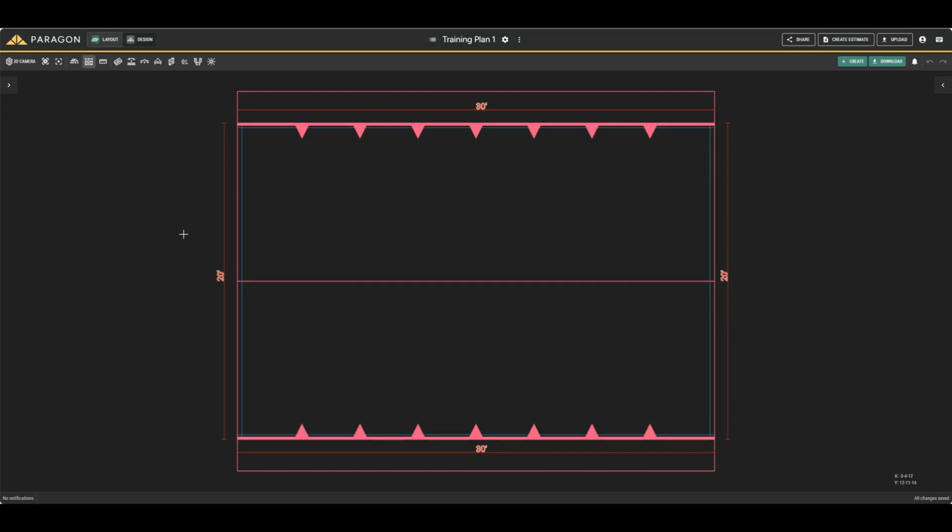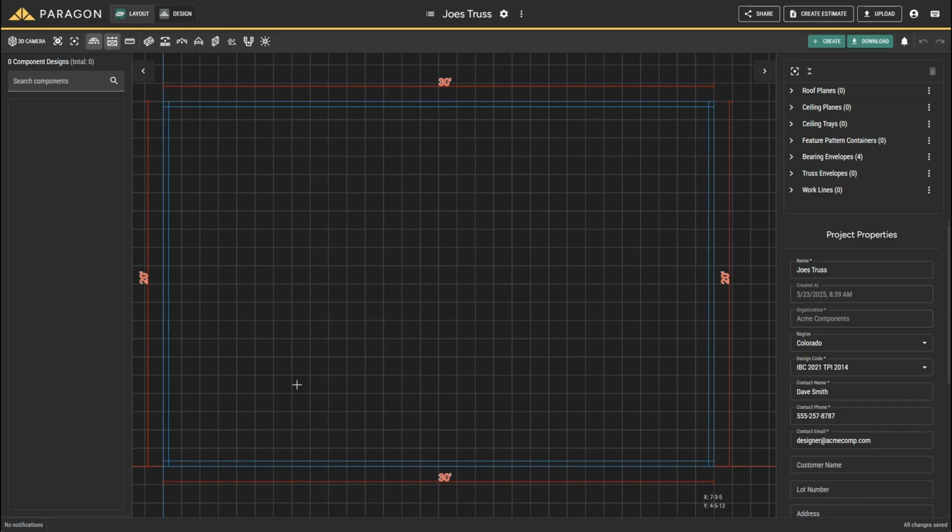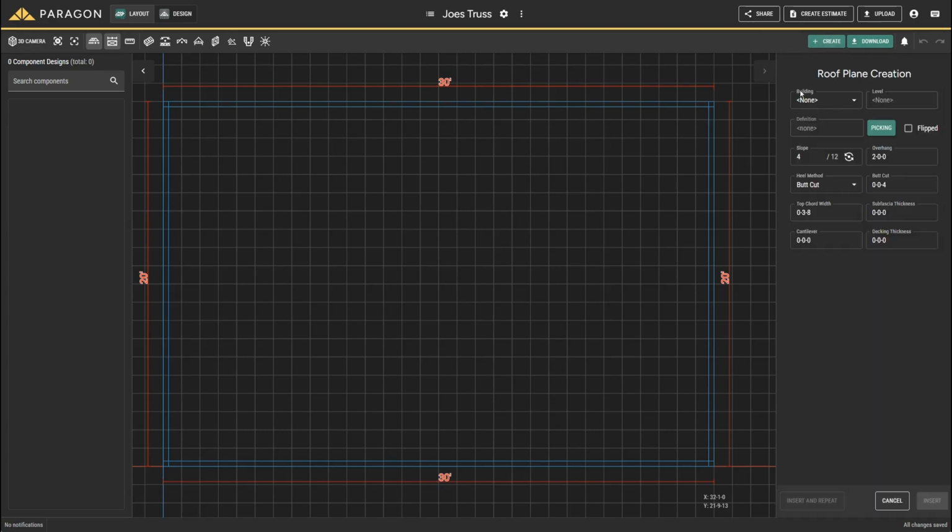A copy of the completed Training Plan 1 project is accessible from the Create Project menu and then under Open Sample. To begin, we will open an existing project that contains the bearing envelopes to add our roof planes to. To add a roof plane, click Create from the Actions toolbar. Next, select Roof Plane. This opens the Roof Plane Creation dialog in the right sidebar where you can define plane